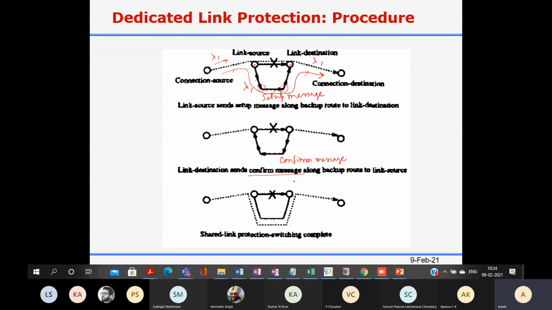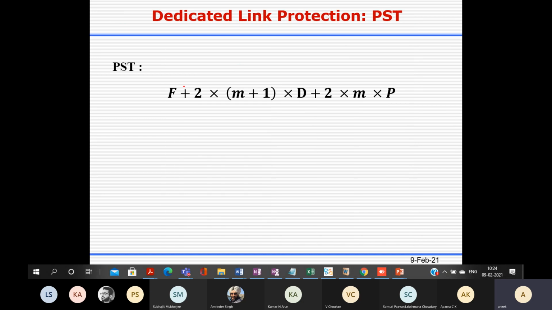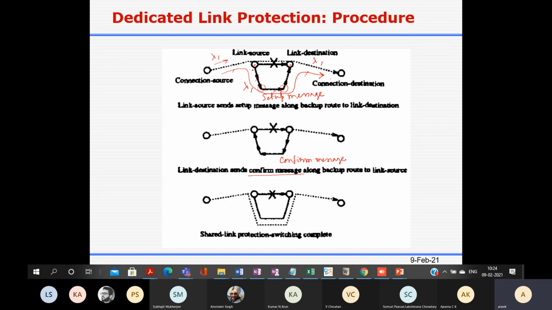Now if you compute protection switching time, first the failure will be detected. So that F is there. Now you have to send the setup message through this backup path. Let's say there are a total of m number of hops.